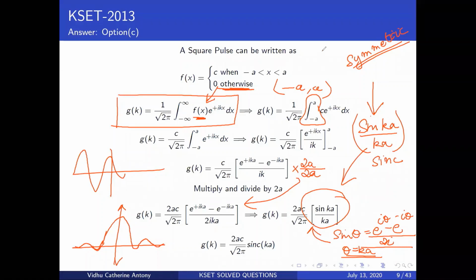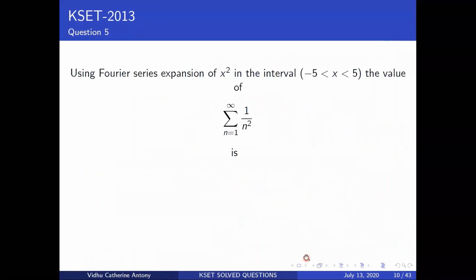Okay, so let's move on to the next one. Your Fourier series expansion of x squared. Now, let me ask you this. Just think about it. When I ask, is x squared an even function, what do you immediately answer? You basically say, yes, obviously it's an even function, right? But you need to explore where this x squared lies. What is the interval of this x squared?